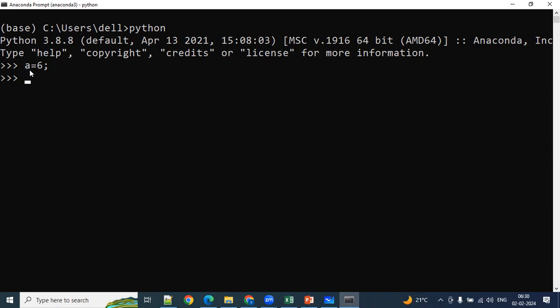So if you want to print this value, what exactly is stored in this a, you can directly type a here, or you can use print also here. Print of a. So it is giving the same value. You can use directly a or print of a, anything is okay. If you type a value, it will try to show. When you print, it will simply take that value and print it. That's it.